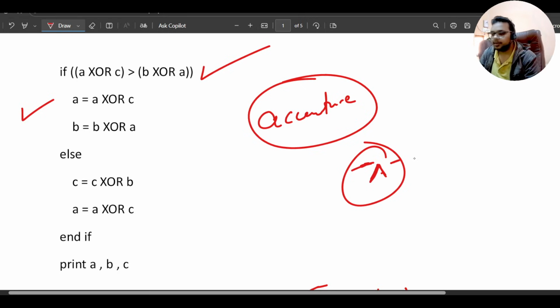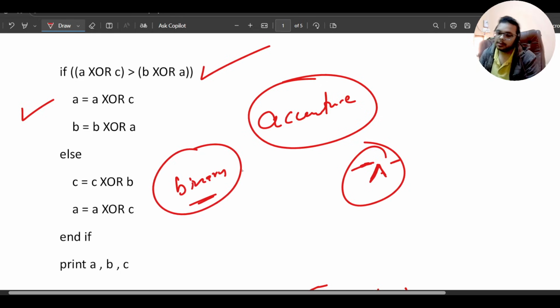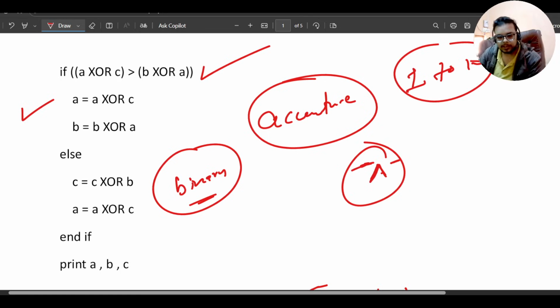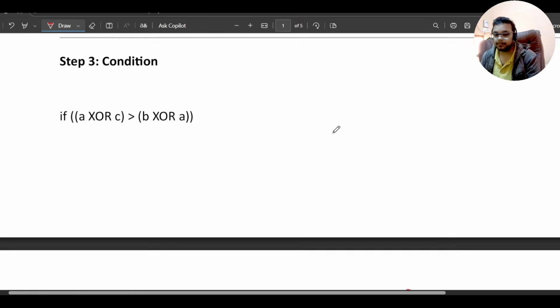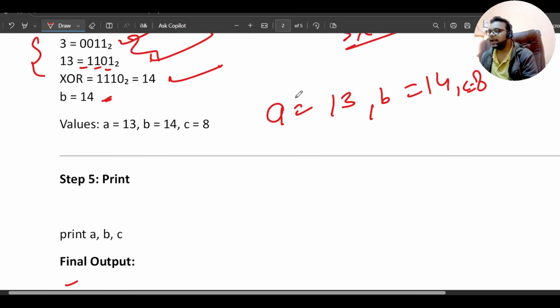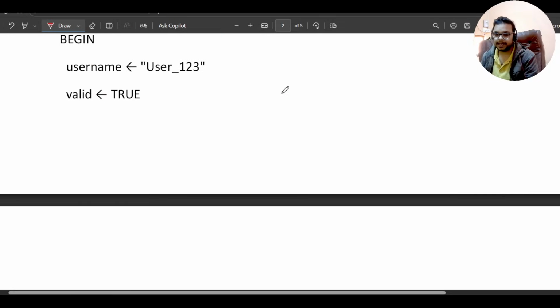If you see this kind of operator, the most important thing is to make sure that you are good with binary conversion. If you are good with binary conversion, you can definitely do it. Also, please remember the binary conversion of the numbers from 1 to 10. It will help you a lot in your actual exam. If you know the binary conversion from 1 to 10, you can immediately convert numbers into binary and perform the XOR. It will save your time. So this is the first question, and a similar question you will get in your exam for sure.